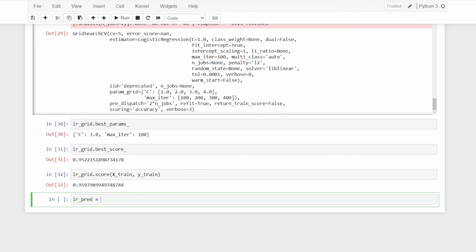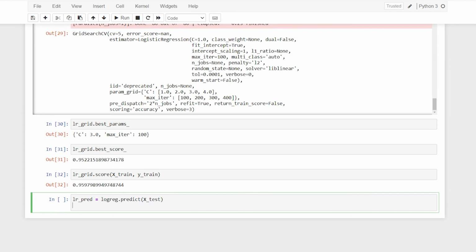LR pred is equal to, so first I'm going to go with the log reg dot predict, and similarly I'm going to go with the LR grid pred, that is the name I want to give. LR grid is the name of my grid search CV for the logistic regression, dot predict, and here I'm going to say X test.